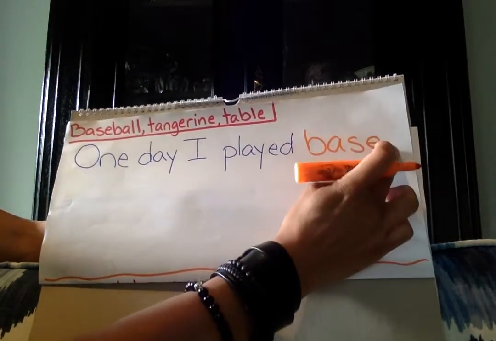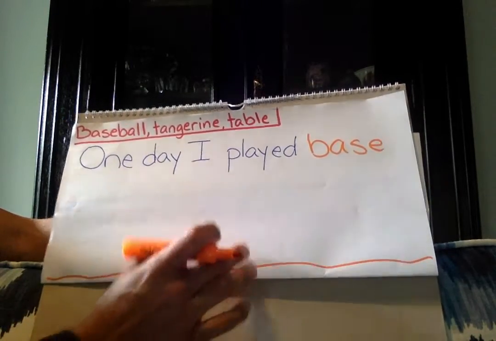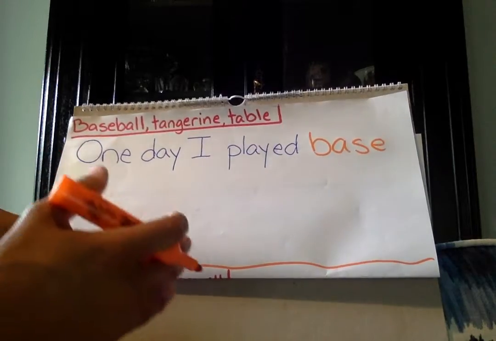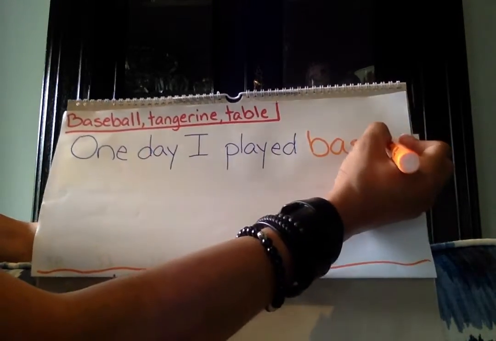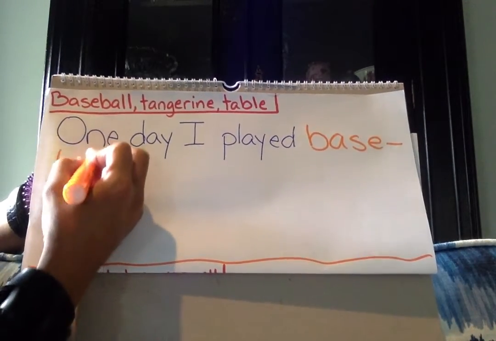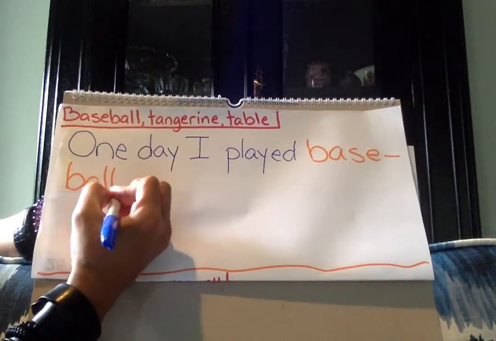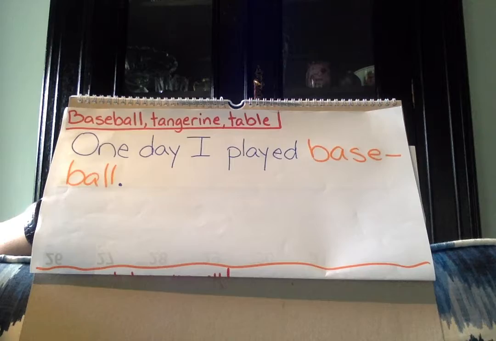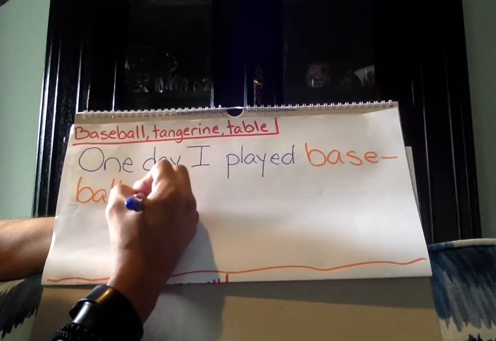Now, I could squish it here, but I'm at the end of my big index card. So what I'm going to do is, if it's a word like baseball, whenever you have more than one syllable, baseball, that's where you can put a dash, and it says there's going to be more word on the next line. Ball. Okay. Period. Okay. My next sentence, I'm going to say, when I got home,